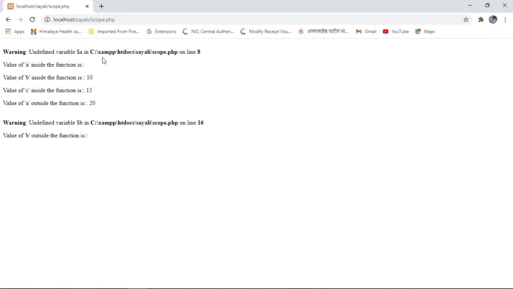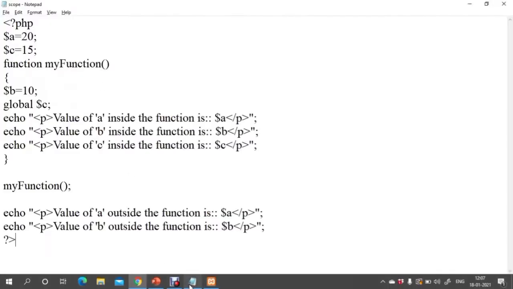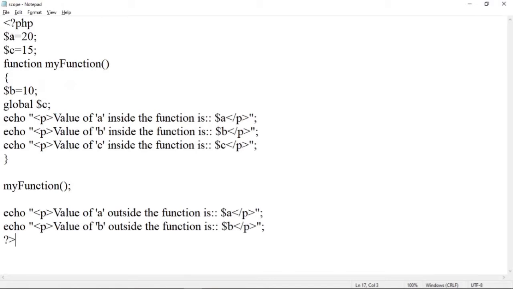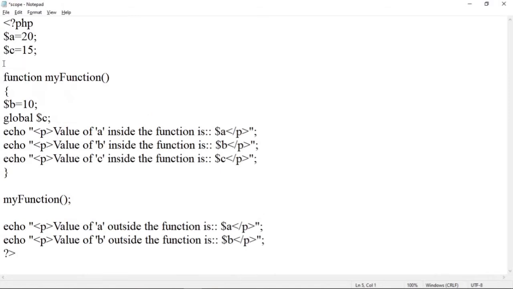See, here is the output. Value of a inside the function is, and this value is blank. Now check the program. Variables a, b, and c are declared outside of the function. This is the body of the function, which starts with this line. So a and c are declared outside of the function, and when within the function we try to print the value of a, that is, the value of a inside the function, it is not globally accessible.